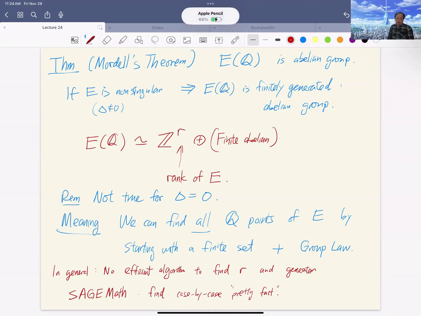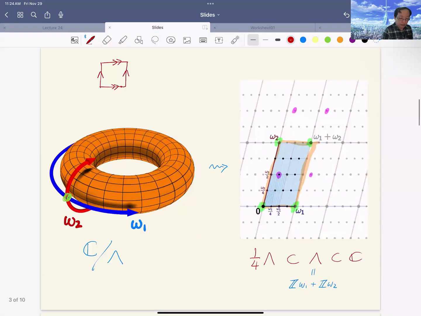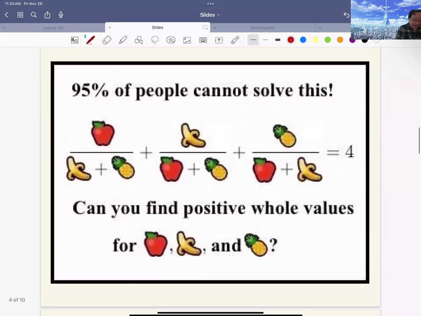So let's have a break here. And yeah, as promised, we should have a class photo. So you can just line up outside. And probably I should use this as my background. Yeah,